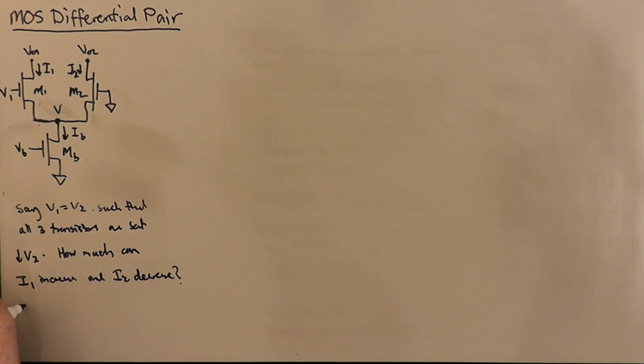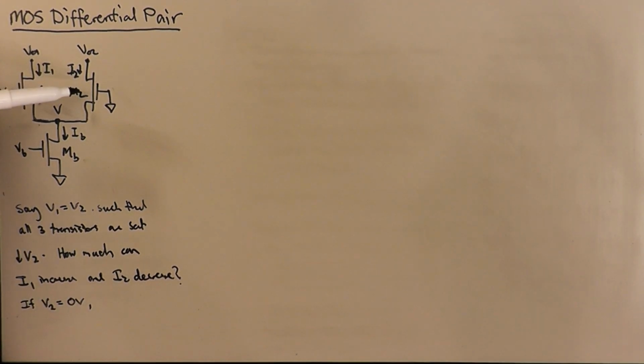Well, if V2 is equal to 0, this transistor is going to be pretty much as off as we can make it. Not only is the gate voltage at ground, but the source voltage is probably going to be above ground. It certainly can't be below ground